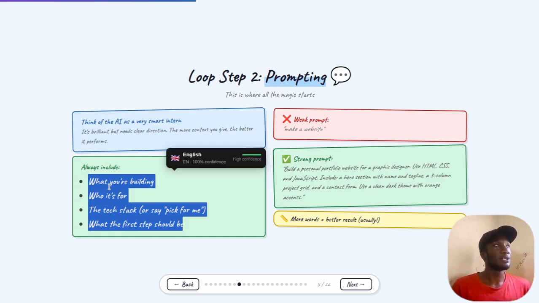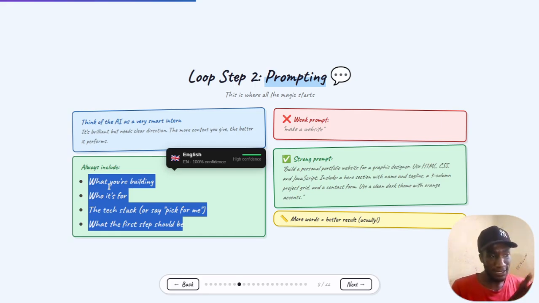It can be any website. An example of a strong prompt can be: build a personal portfolio website for a graphic designer using HTML, CSS, and JavaScript. Include a hero section, a name, a tagline, a 3-column grid, and a contact form. Use a clean dark theme with an orange accent.